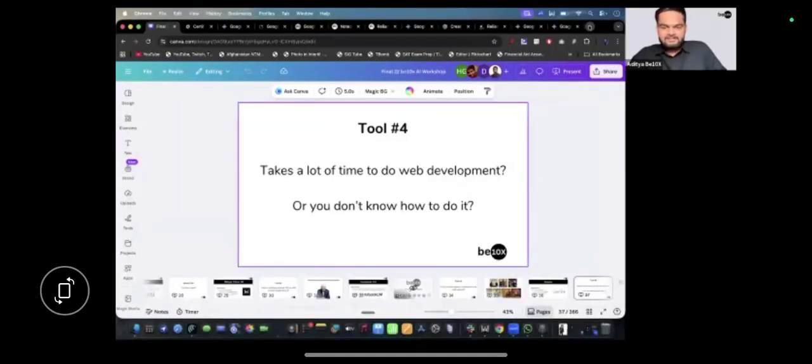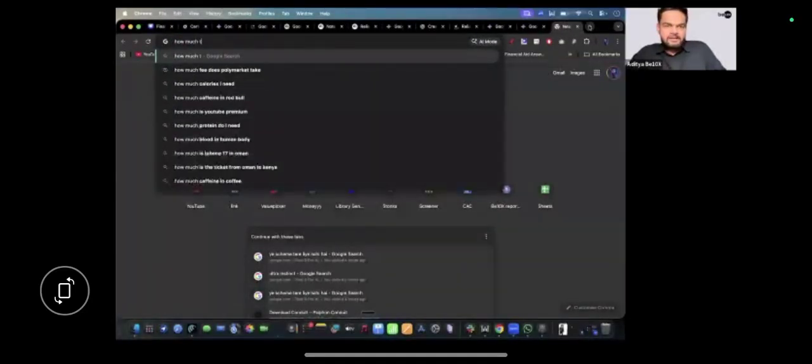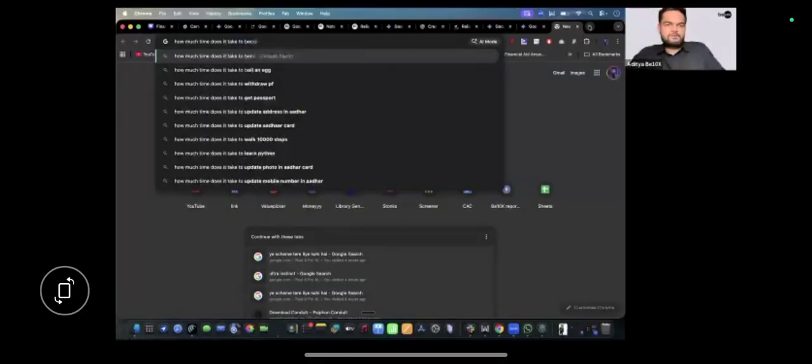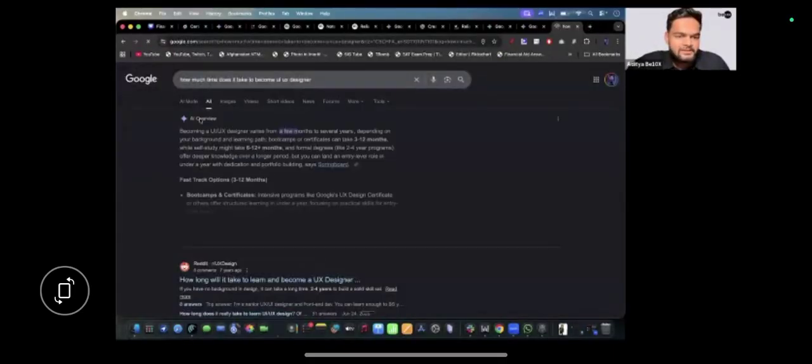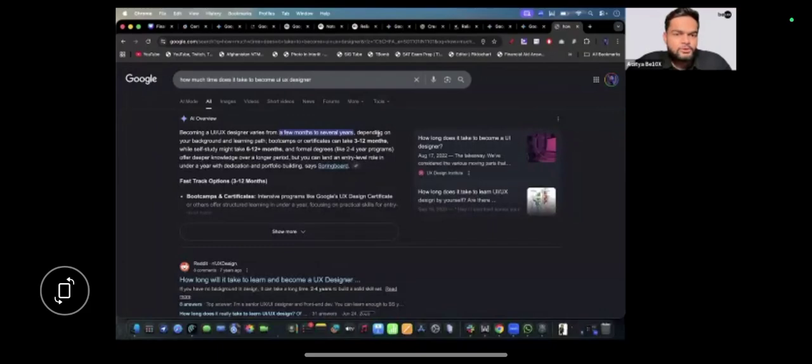Let's ask Google: how much time does it take to become a UI designer? So a few months to several years. But folks, would you like to become a UI UX designer in just a matter of 2 minutes? Who would like to become one? Yes. It is again Gemini.